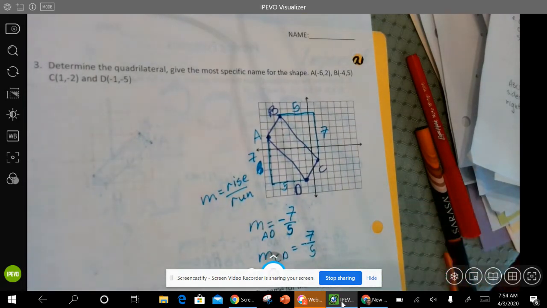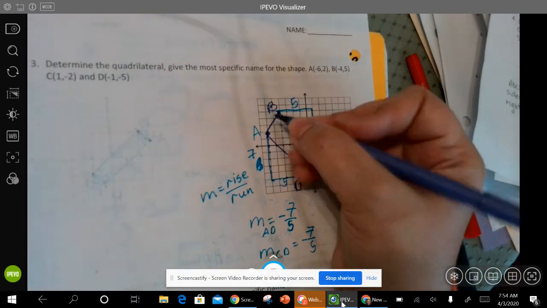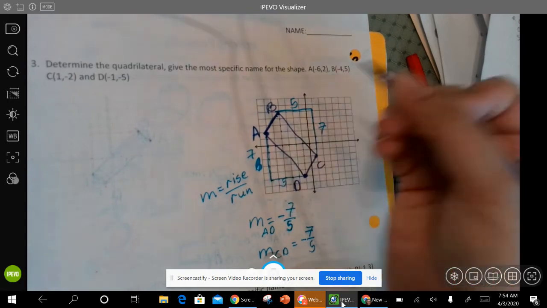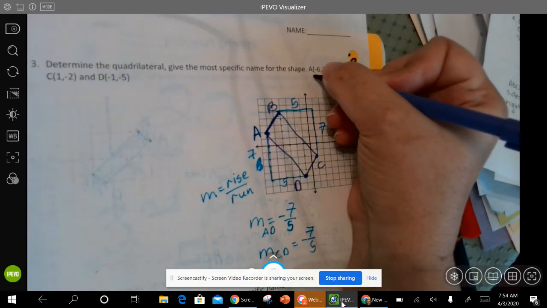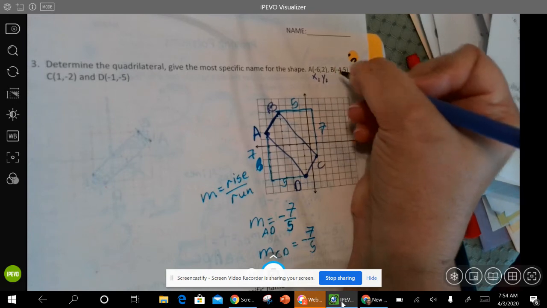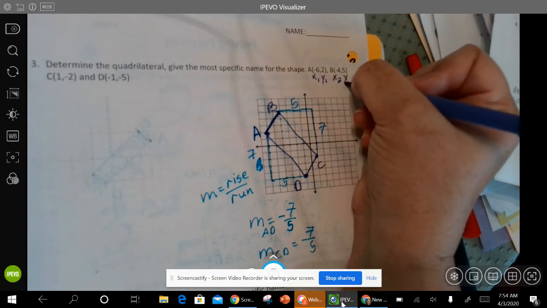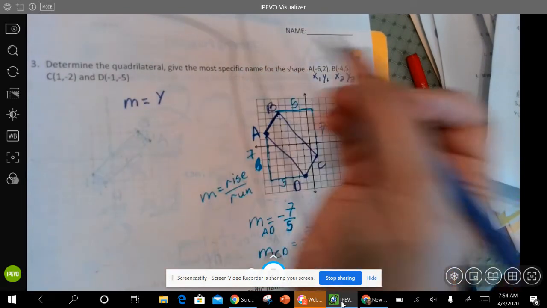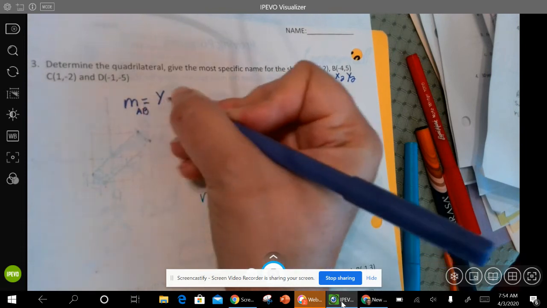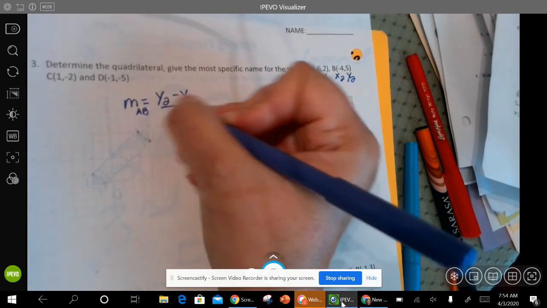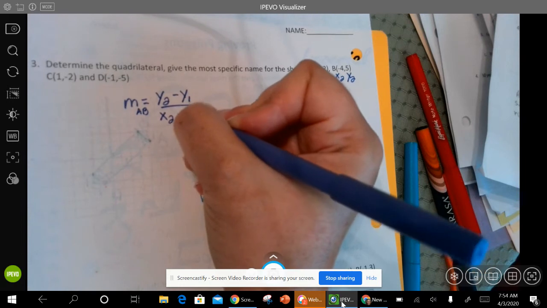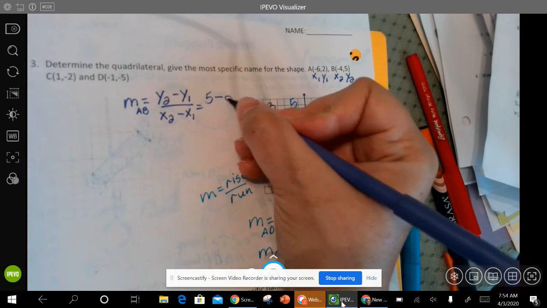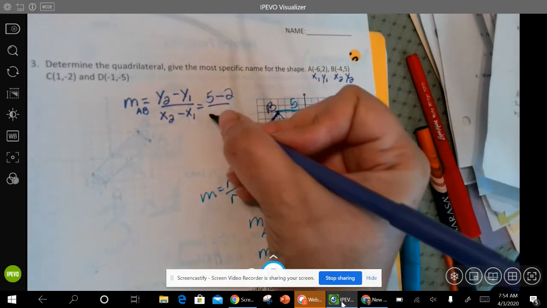The next one, I'm actually going to use the coordinates. Okay, so we have BA right here. Remember, we go left to right. So A is going to be first. So I'm going to label my points. Okay, so remember slope is the change in Y over the change in X. So this is the slope for AB. Okay, so I'm going to substitute in. So 5 minus 2 over -4